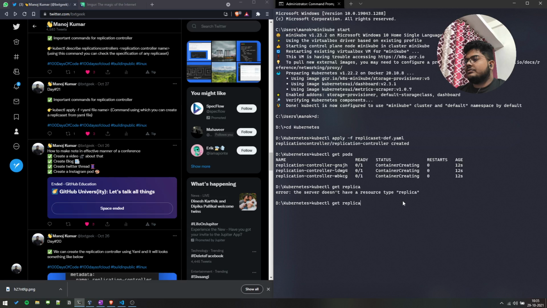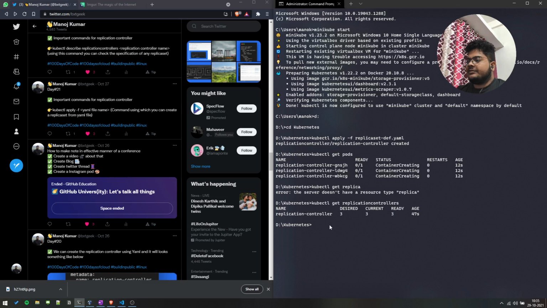Okay, so this is the name of our application controller that we mentioned here. We mentioned that we need 3 desired pods, and currently we have 3 pods and they are all in ready state and they are all active for 47 minutes.